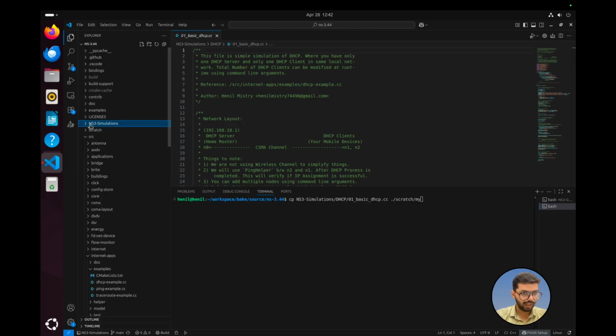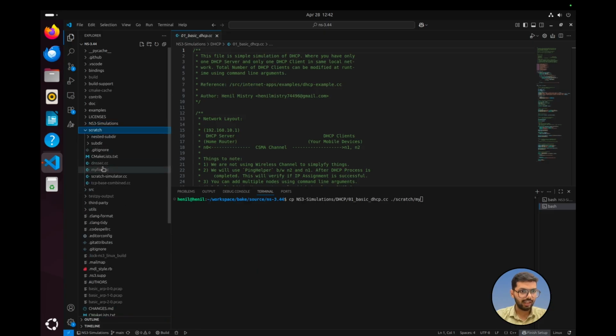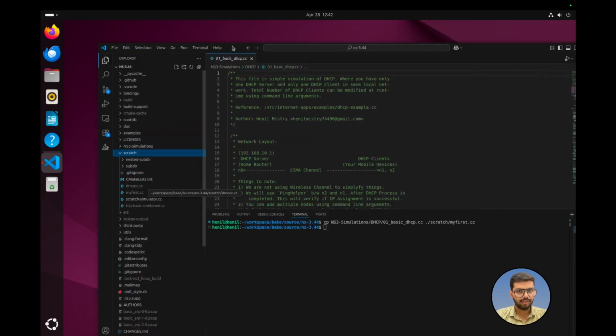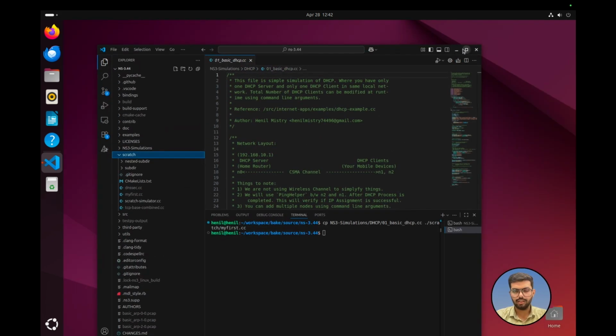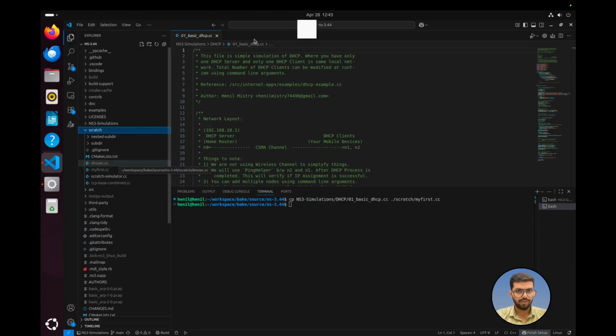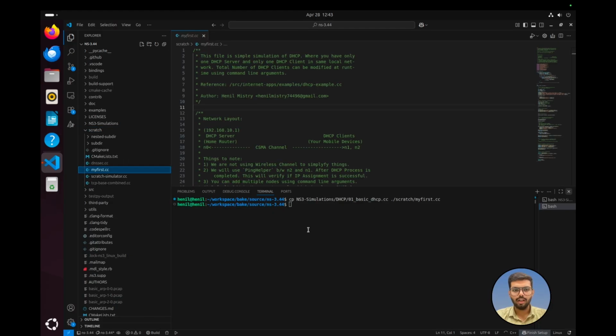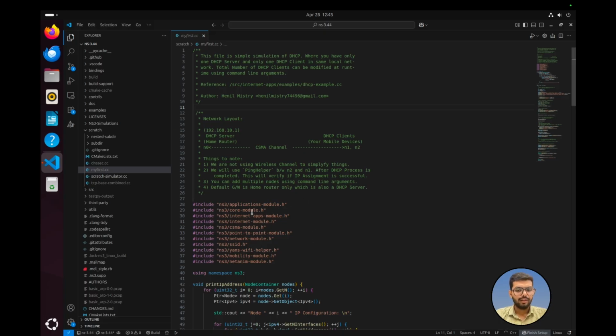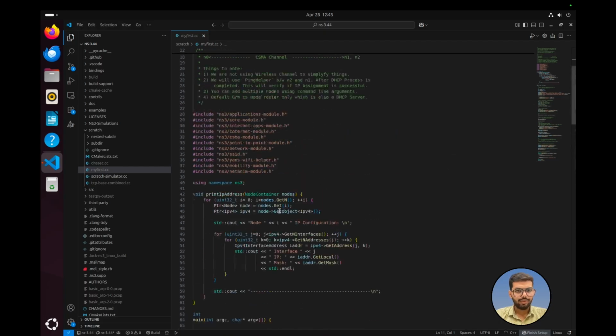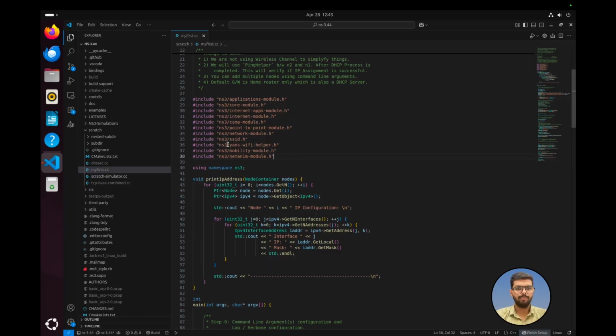What is the file name? So inside Scratch, we have the file named myfirst.cc. So now I will open myfirst. As you can see, what we have done is we have included some modules that are